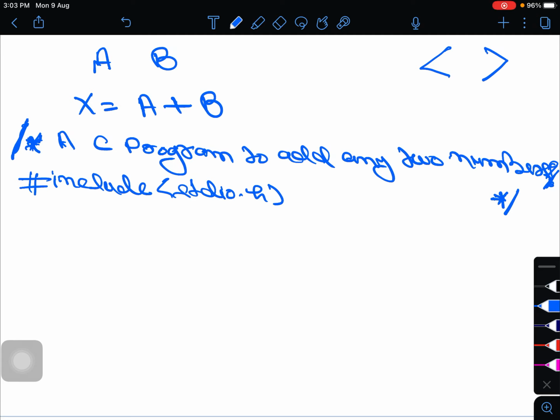All standard library functions like printf, scanf, getch, getchar are inbuilt in this header file. All of these are IO functions and all of these are defined in stdio.h.